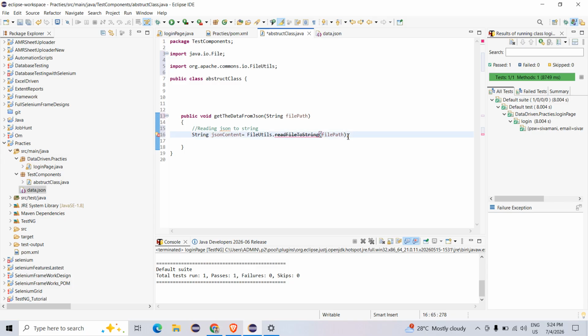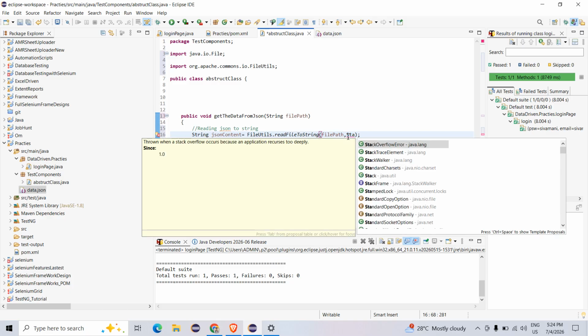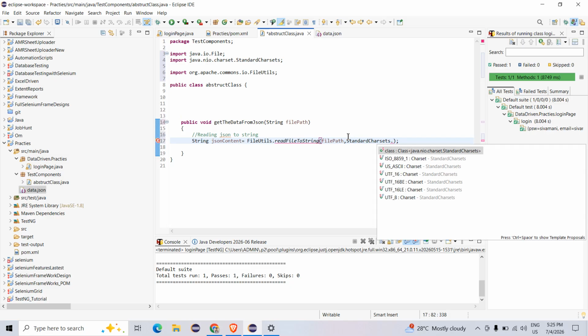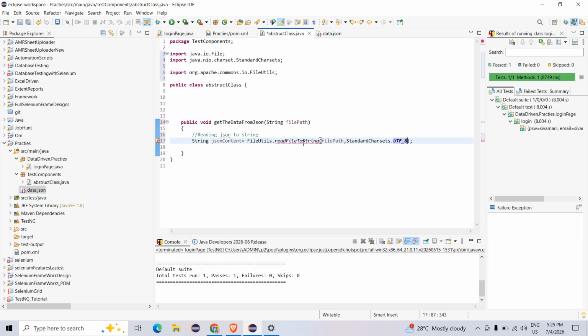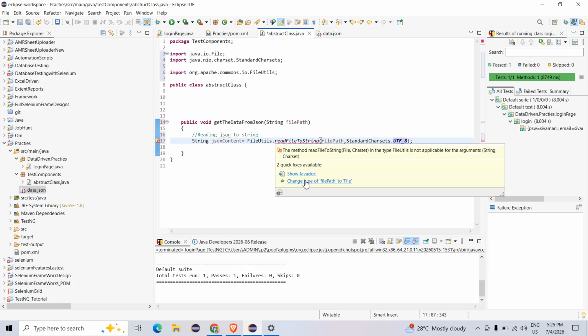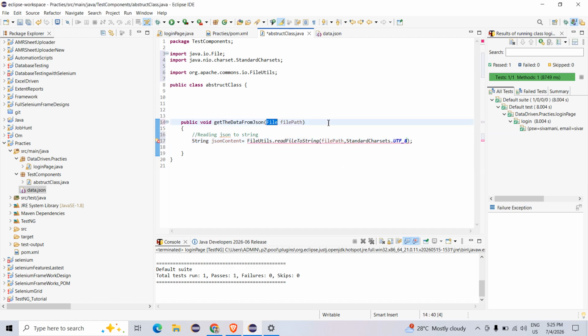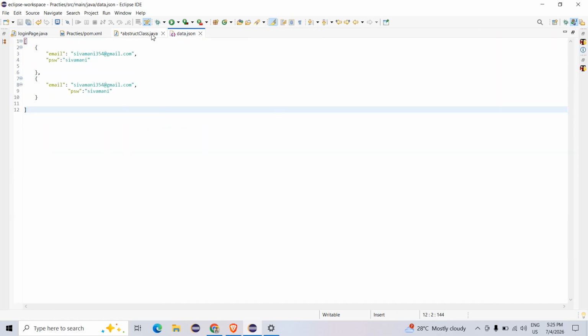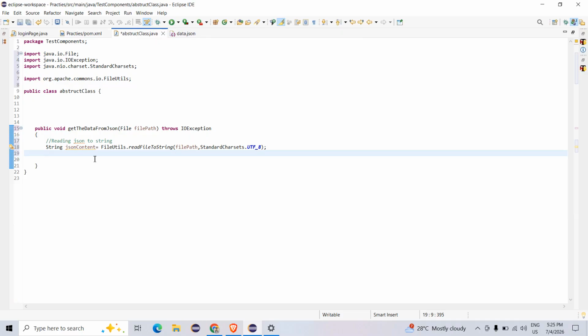So what you should do, you should have standard characteristics dot. So if you enter this, it will activate, and change file path, yes, and add throws declaration. Here what you did, reading the JSON, whatever the data you are reading as a string. Okay,